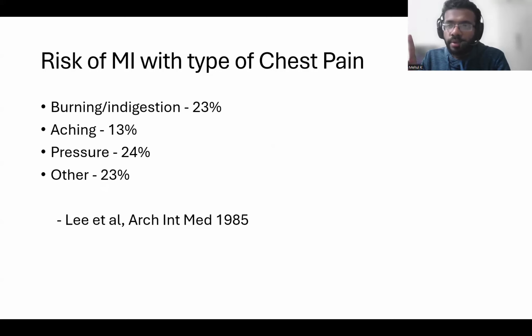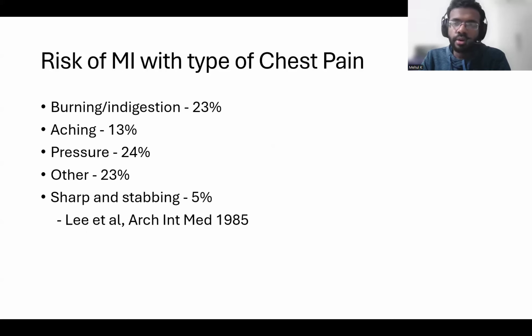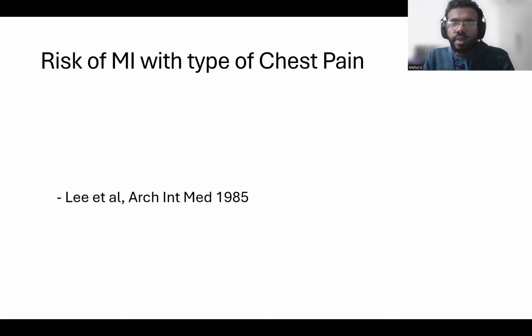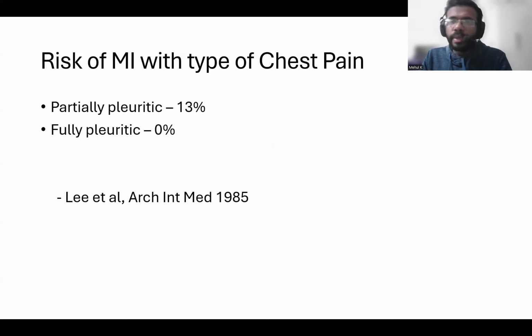There is only one type of pain that actually reduces the risk of MI somewhat. And I'm sorry, that is not burning type of pain. It is actually pleuritic type of chest pain. Pleuritic type of chest pain is the only type of chest pain that actually decreases the likelihood of MI compared to the rest. Again, it's not zero, but it is still reducing the risk of MI. And the risk is different if it is partially pleuritic or if it is completely pleuritic. If it is very typical pleuritic chest pain, that means the patient is taking a deep inspiration and feeling a knife-like pain in one particular side of the chest, and that has almost 0% risk of MI as per the literature.